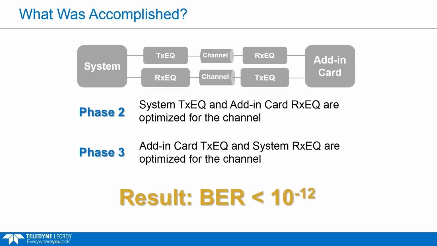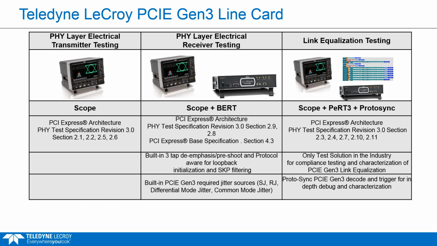So for compliance testing purposes, there's 3 different sections of electrical testing. You have the transmitter testing, which you can do on a scope. This is looking at things like jitter numbers, eye diagrams. We have receiver testing, which we can do with a bit error rate tester. We also need the scope for calibration. And this is just going to put the device into a loopback, and it's going to send in some calibrated signal with a bunch of jitter and noise on it, and we're going to run a bit error rate test. And then for the link equalization testing, which is a required part of the compliance program, we actually need the scope.